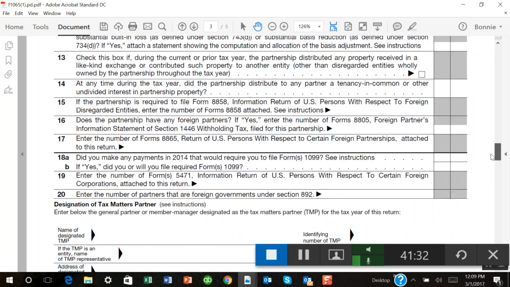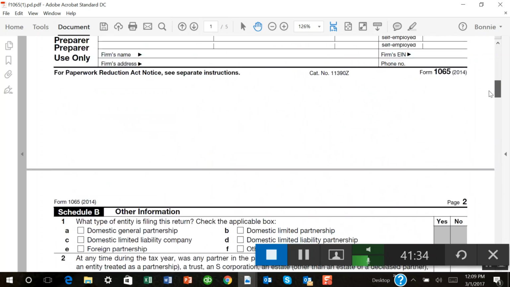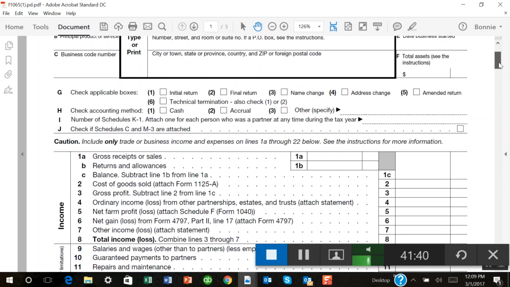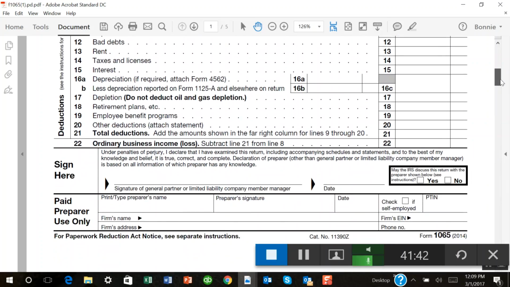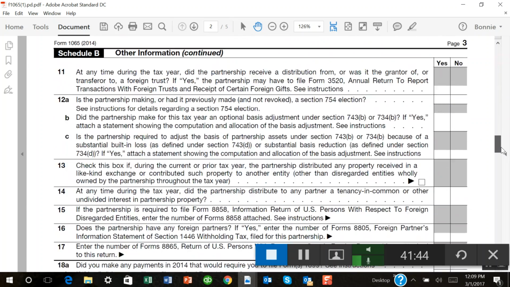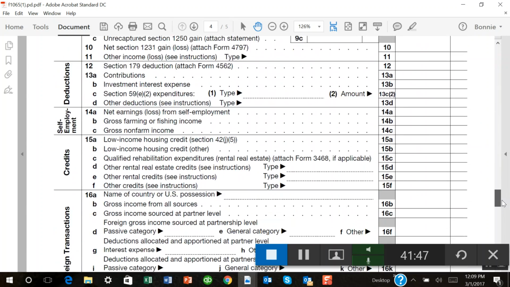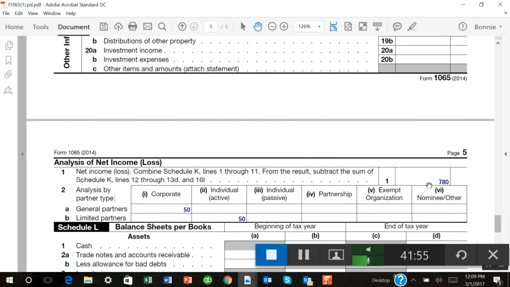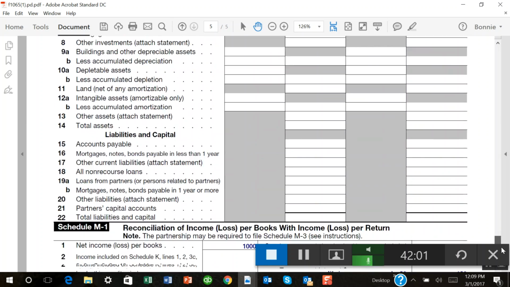So in other words, if you have foreign tax expense, do not include it up on line 14 in your calculation of ordinary trade or business income. Instead, include your foreign taxes on Schedule K on line 16L. And then remember that it's going to get subtracted in your total here. But this total right here should actually tie